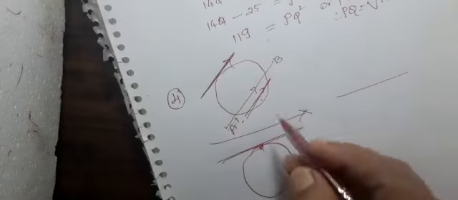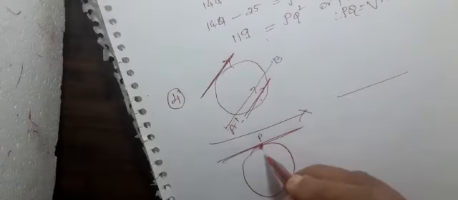Okay, now I am going to come to the end of the exercise. The exercise is over. Now we are going to come to the next very, very important points. One point you already know: from a point on the circle, you can draw only one tangent. You can draw only one tangent when the point is on the circle.